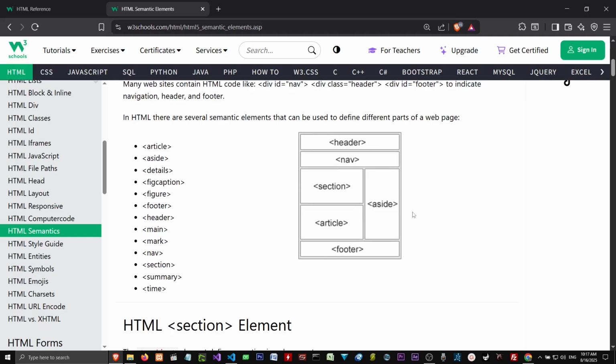like this image you're seeing right here. A newspaper had a header, and it didn't really have a nav, but for browsing purposes, they incorporated a nav. And then newspapers have a section, and you have an article, and you have an aside, and you have a footer. So these were modeled after paper books and newspapers and things like that. And you can see here in HTML, there are several semantic elements that can be used to define different parts